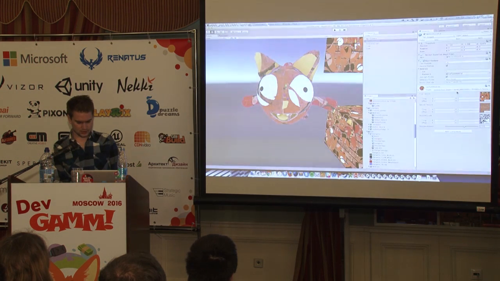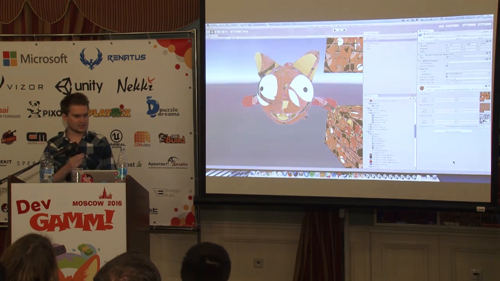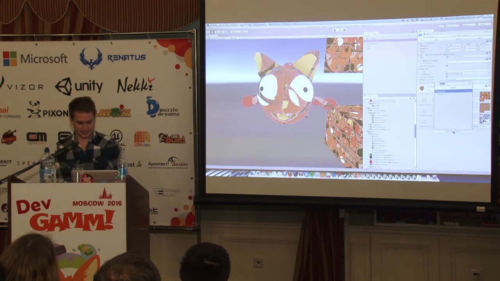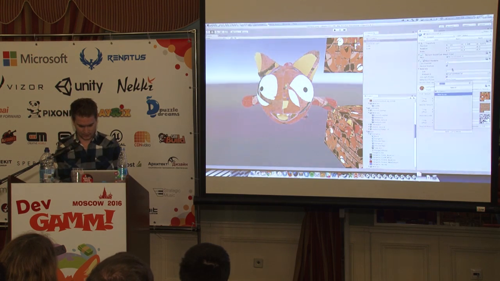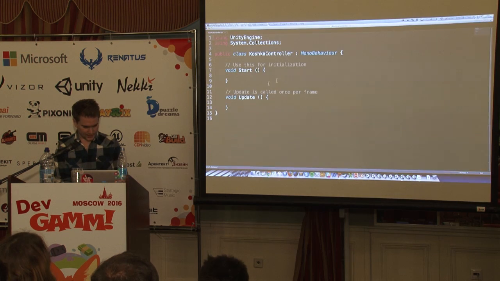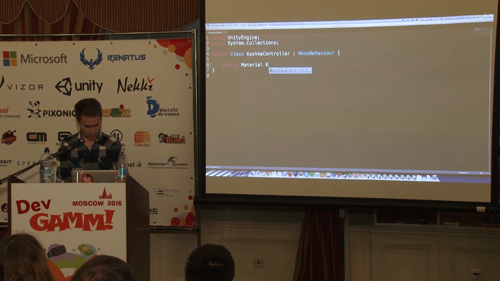There's another thing I didn't mention, which is actually quite important, which is getting C# scripts to pass values into the shader. Luckily, that is super easy to do. If I just make a new script, Koshka controller, and open up the script, it's really simple. What you do is you reference the material, in this case the Koshka material, and you just drag and drop it in there. And then in your